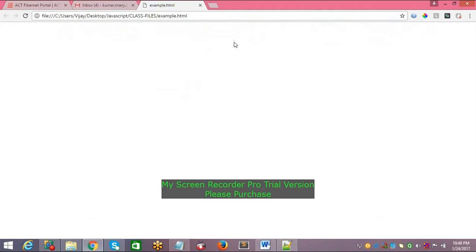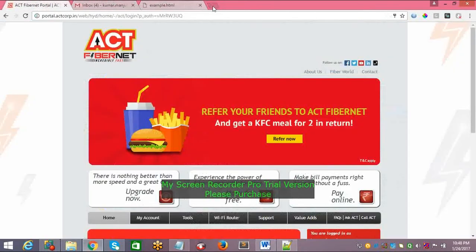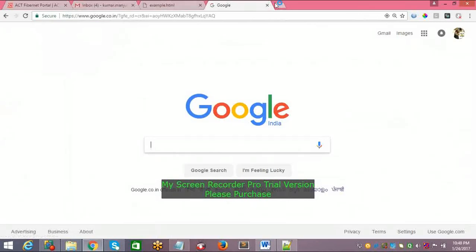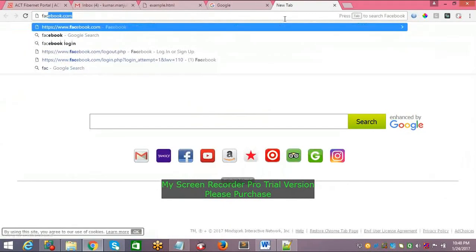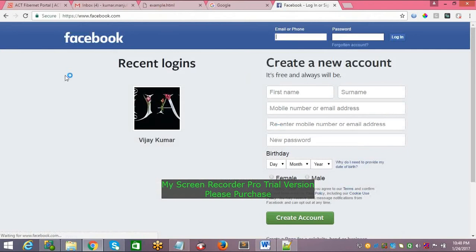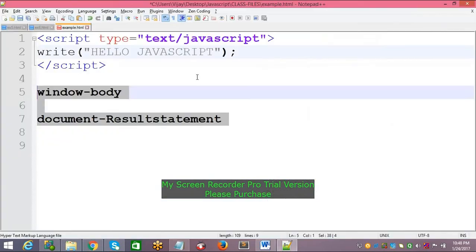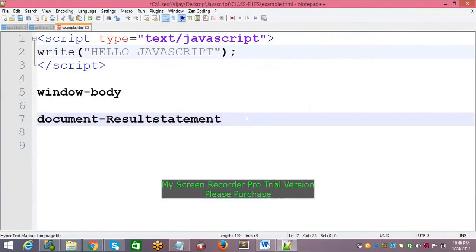But in the result location, we have to print many statements. For example, school, or for example, Facebook. But how to write these objects along with the JavaScript statements?